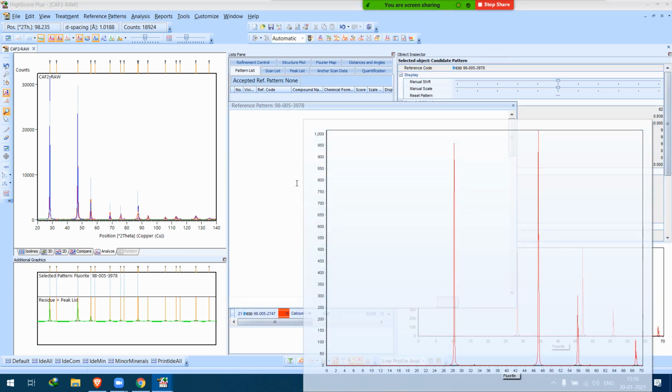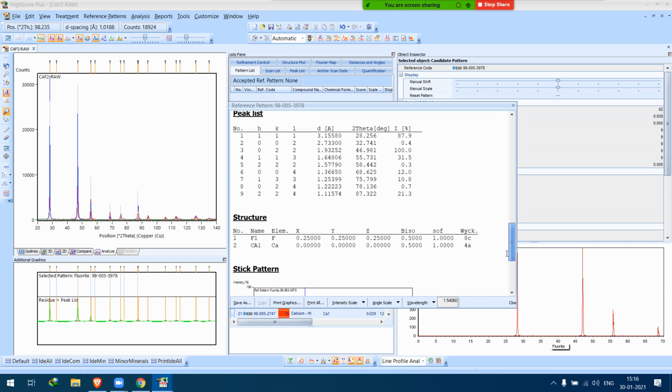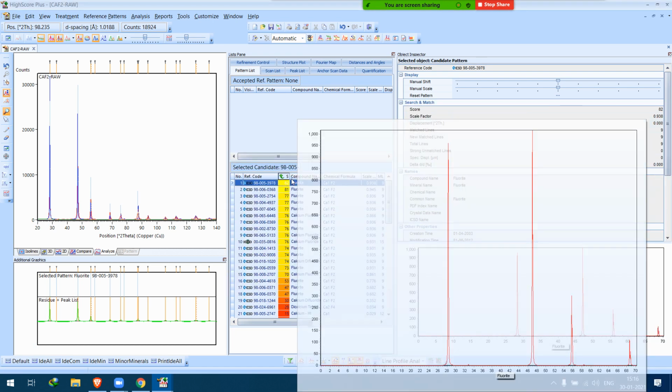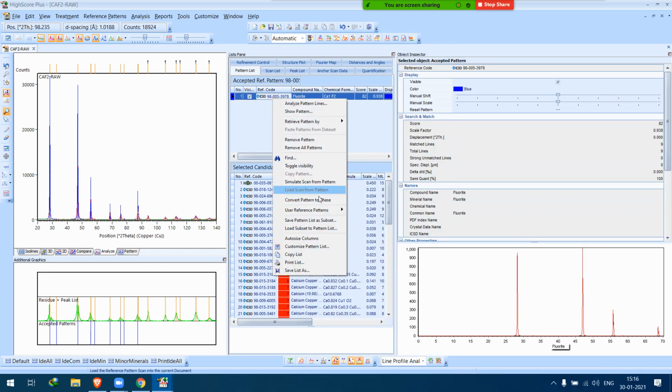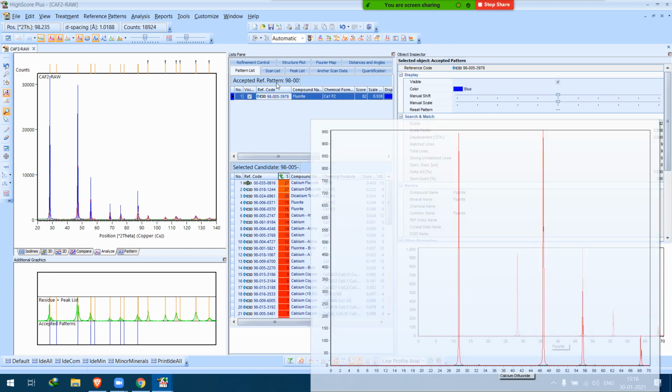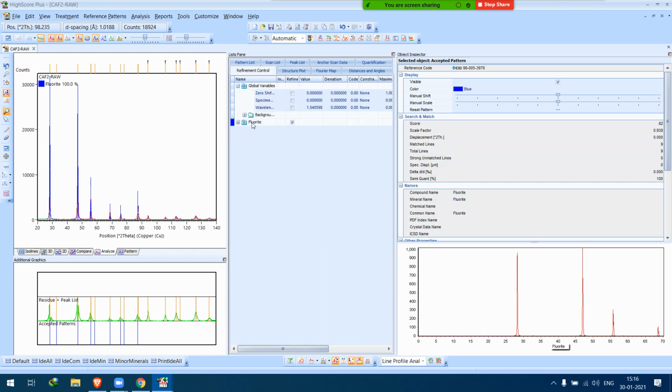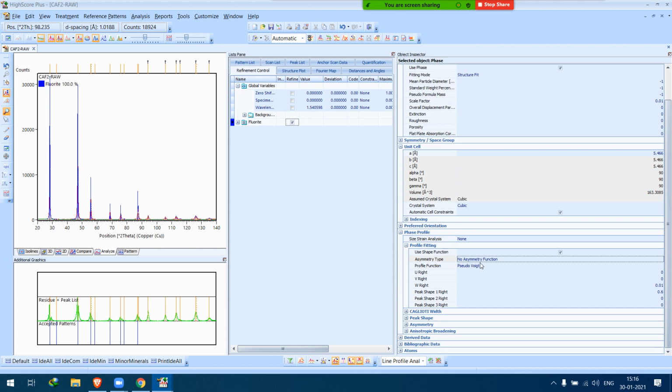We'll just look whether the structure is there or not. Yeah, it's there. We can select this phase, convert to phase. Now we'll go to refinement control, into the fluoride, choose this as split width and shape, and size strain analysis to both size and strain.